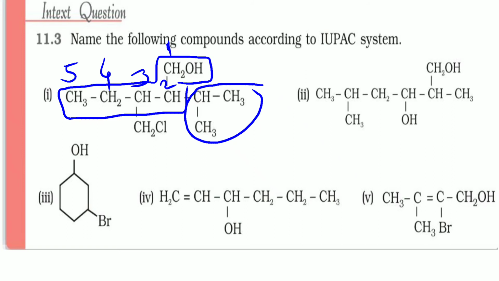So at what position is isopropyl there? At number 2. So we can write 2-isopropyl, and how many carbons are there? 5 carbons, and at one position OH is there, so pentane